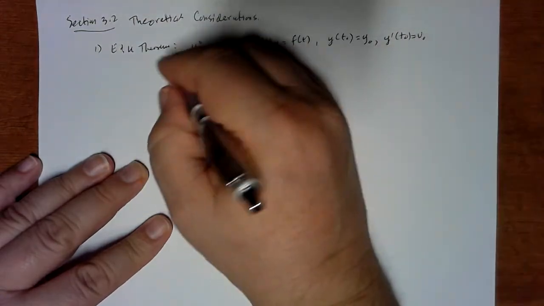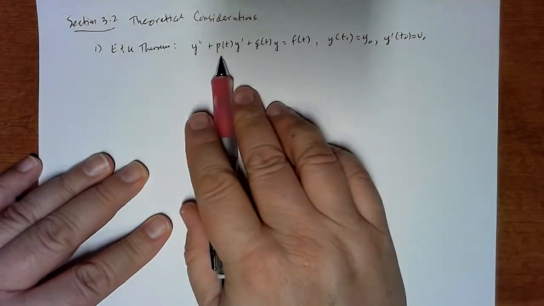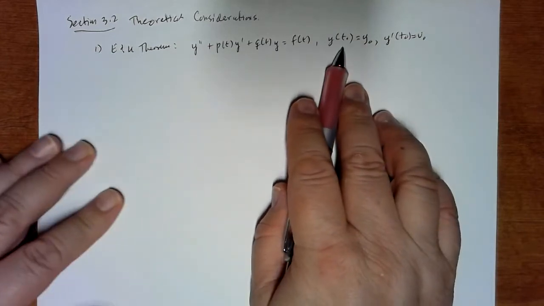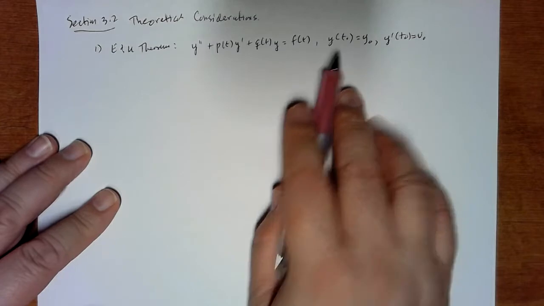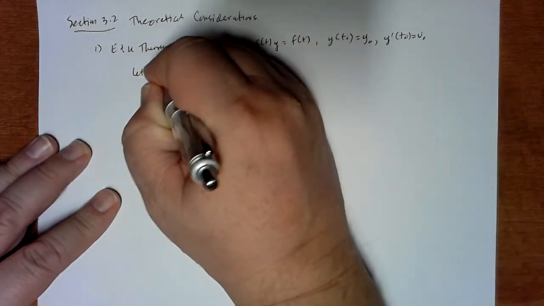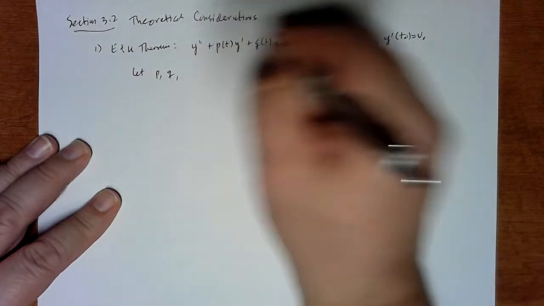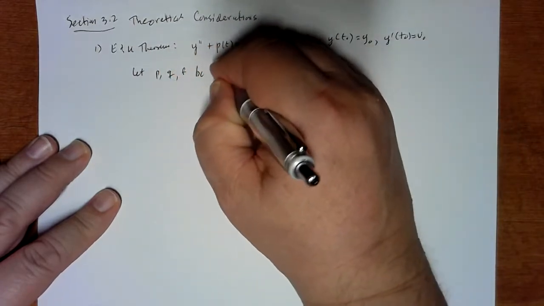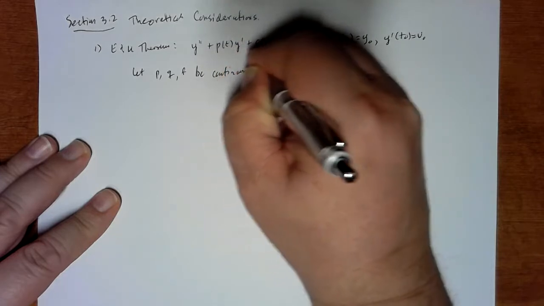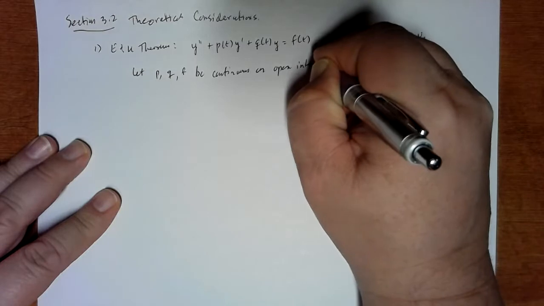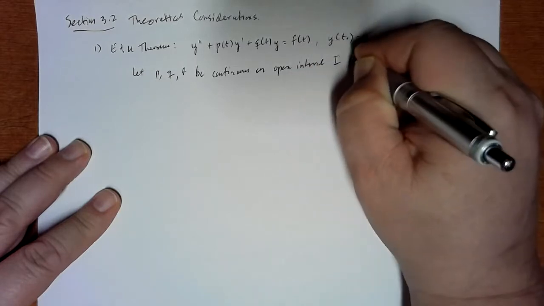Right, and what we said was that we need an interval on which p, q, and f are all continuous on an interval containing, open interval containing the point t0. So let p, q, and f be continuous on open interval I containing